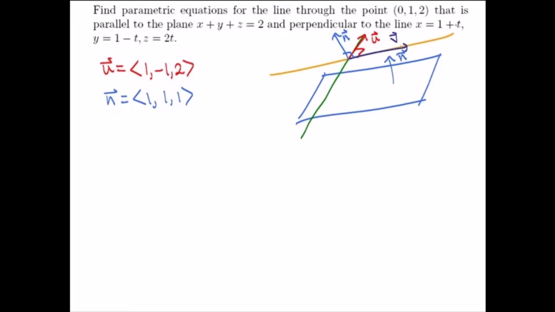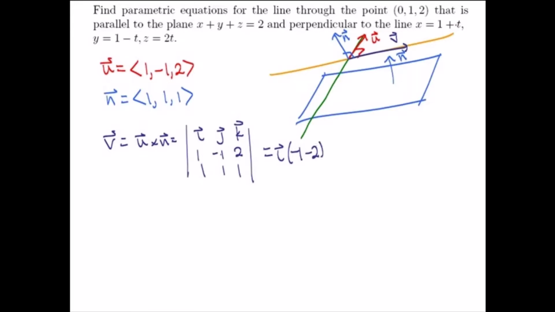And so now a direction vector for our line, which we're going to call v, is going to be found by taking u cross n. And so that'll be the determinant of this 3x3 matrix with i, j, and k across the top row. We'll put the components of u across the second row and the components of n across the third row. So this is i times the determinant of the lower right 2x2 after we block out the column and row of i. That's -1 minus 2, main diagonal product of -1 times 1 minus 1 times 2, which is 2, minus